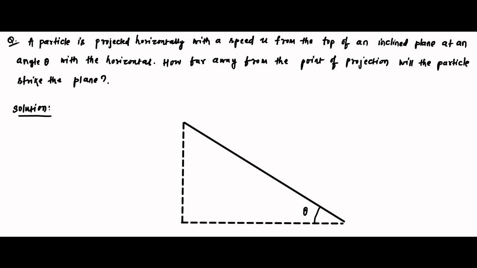Okay, so here if you see, this is an inclined plane. Let's call this point A and this point B. This AB is an inclined plane. It is at an angle theta with the horizontal. So what the question is saying is that a particle is projected horizontally with a horizontal velocity u from point A. So obviously it will undergo projectile motion,